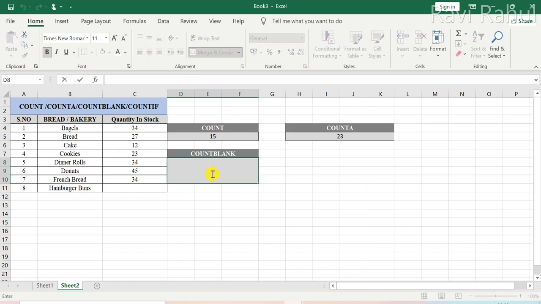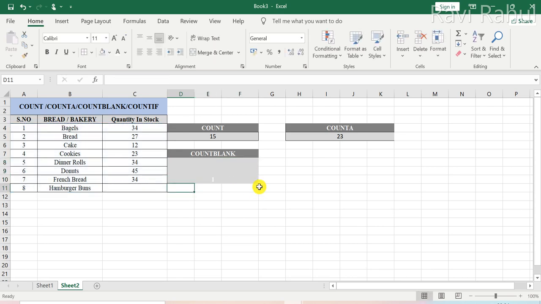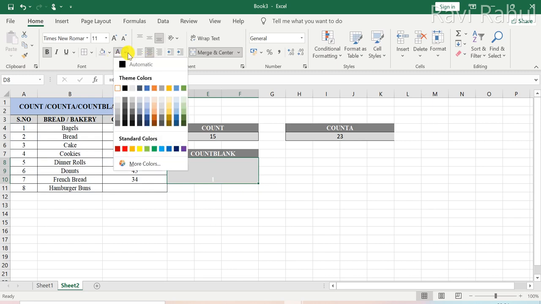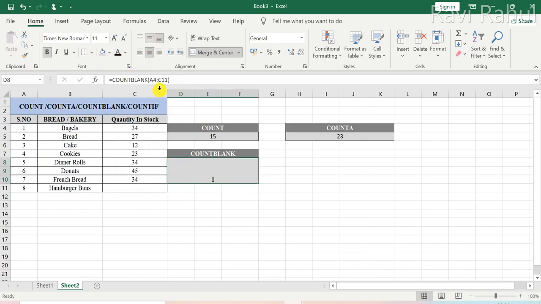Here we will have the function as count blank, and we will select the range in which we want to see how many blanks there are, and you will get the value as 1 because currently we have only one cell that is blank. In order to see some more, you delete some items and you will see the values changing.